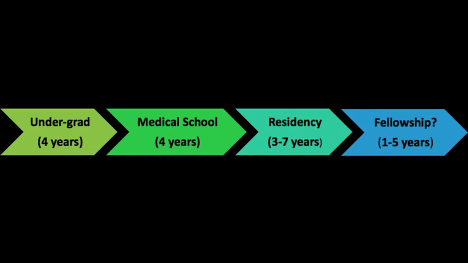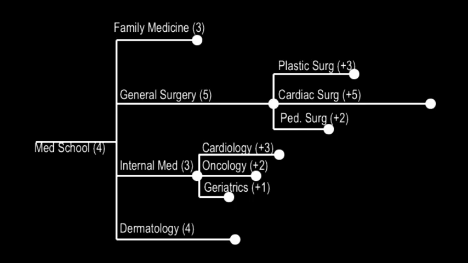At this point, what I want to reinforce is that it takes a lot of time to become a supplier of healthcare. And to help you start adding up all these numbers to get an appreciation for this, on the screen right now, I've replicated a figure from your textbook just so you can get a visual for how long it takes to become a doctor. If you start at the beginning of this tree, which by the way starts after undergrad, so you already have 4 years under your belt of college. First of all, doctors have to go to 4 years of medical school.